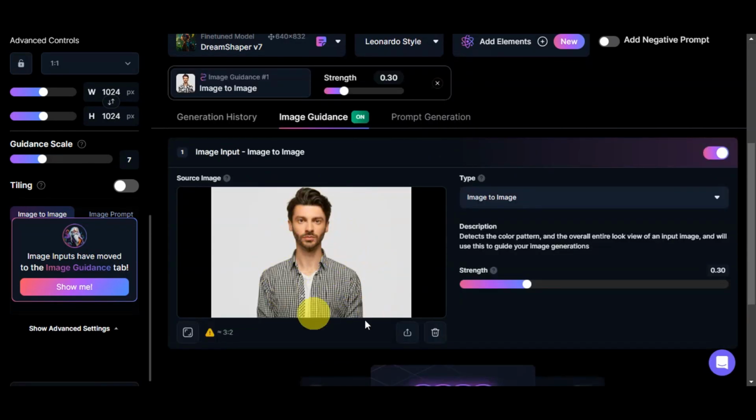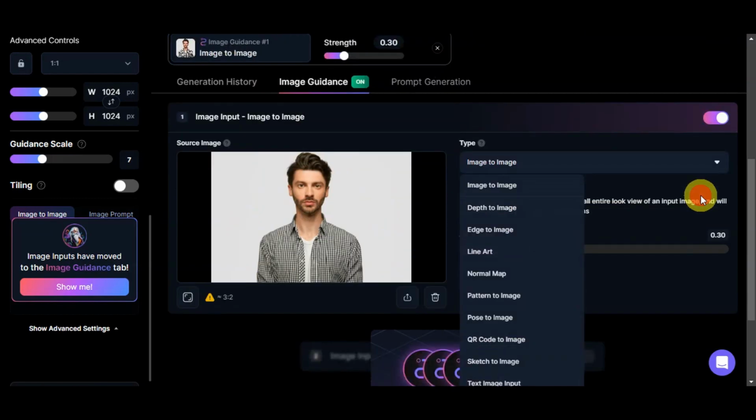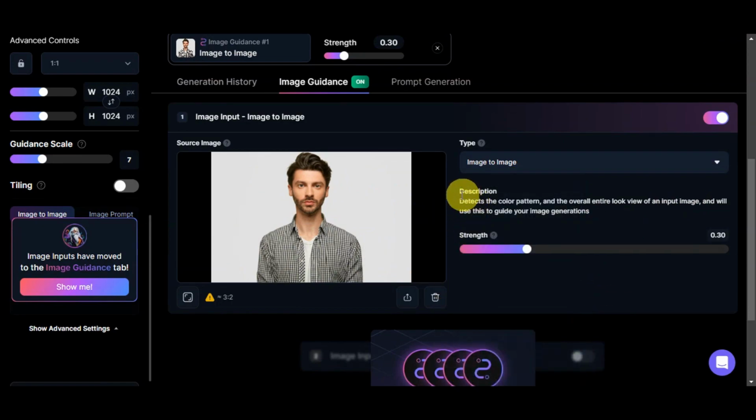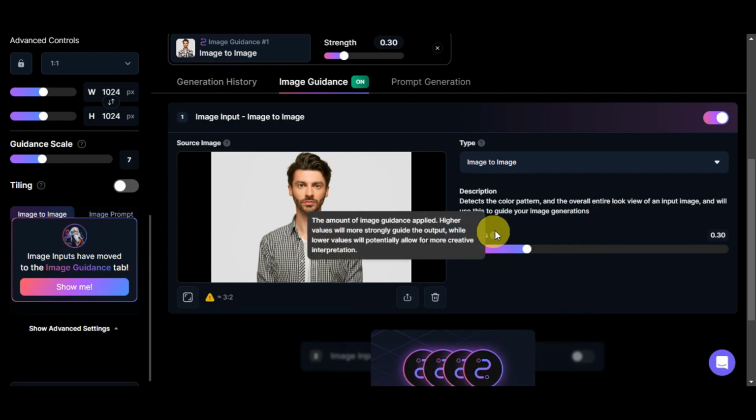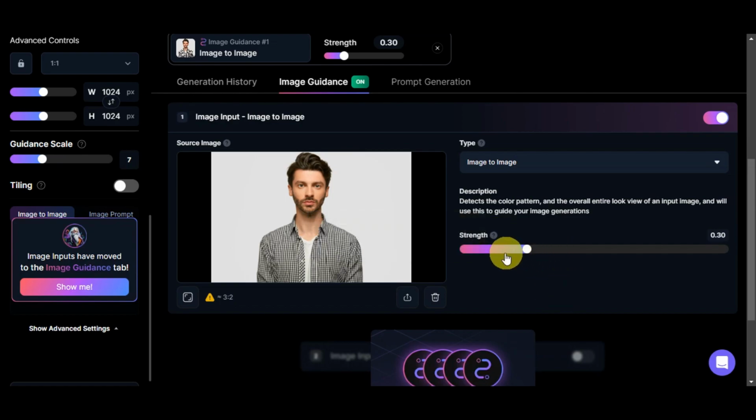Now, as you can see, we've successfully uploaded the photo already in here, and there are different types that you could choose from. You could choose on the different types in here, and here are some of its description. You could attack the color pattern and the overall entire look view of an input image, and we'll use this to guide your image generation. As you can see, there is a strength in here, so you could adjust that. So the amount of this image guidance is applied. Higher values for this strength will more strongly guide the output, while lower values will potentially allow for more creative interpretation. So let's just leave it at 0.30 to see what it will give us,